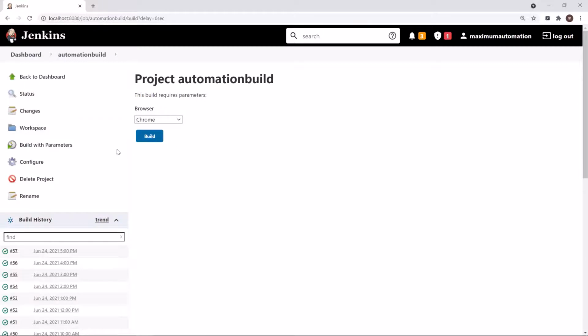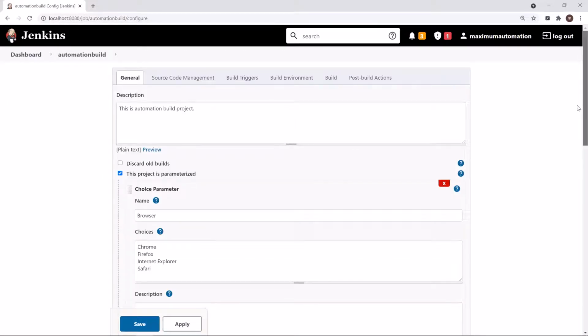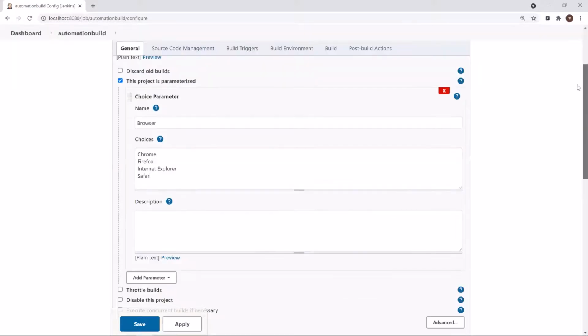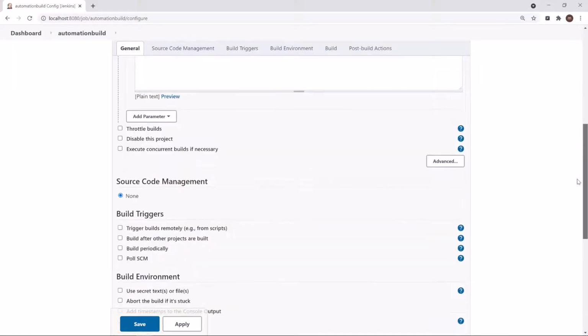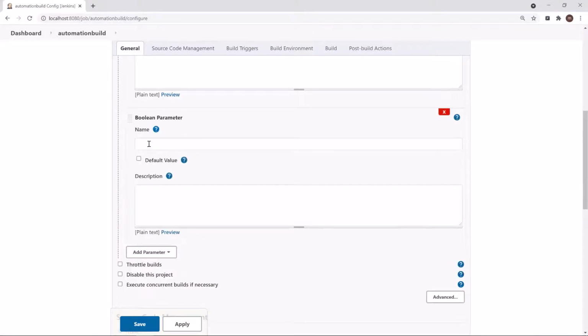Now let's go back to the configure page again. You can add multiple parameters with your build as well. Let's say that you want to add one more parameter, a Boolean, which will prompt the user for a true or false value. Let's say that I want to create a parameter for taking a screenshot for passed steps, so that a user can decide whether he wants to take the screenshot for each step or not.